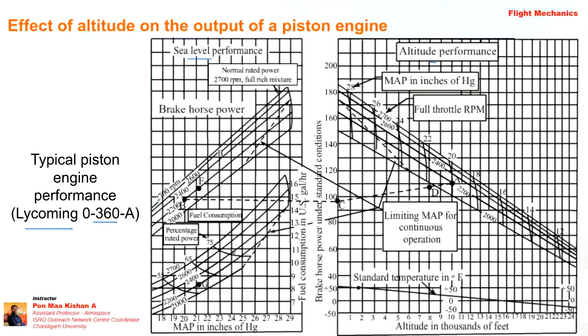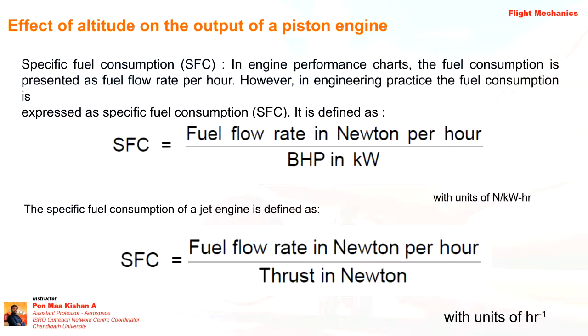We will solve one basic example first, with some basic suggestions. The remaining you have to solve and give the answers. We know that specific fuel consumption, that is BSFC, is given by fuel flow rate divided by BHP, whereas thrust specific fuel consumption, for jet engines, is given by fuel flow rate divided by thrust. We are going to use the BSFC formula for this problem since we are taking a piston propeller engine combination.